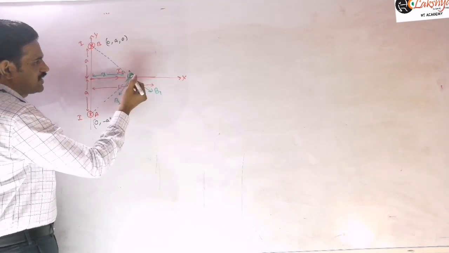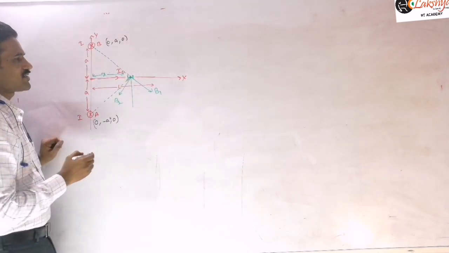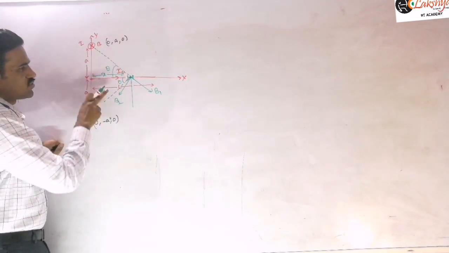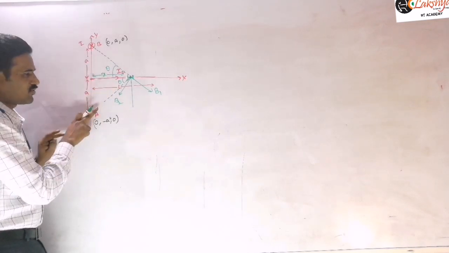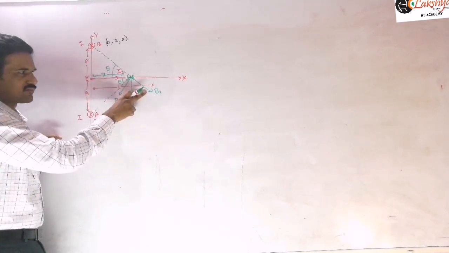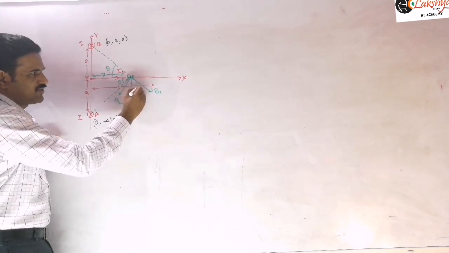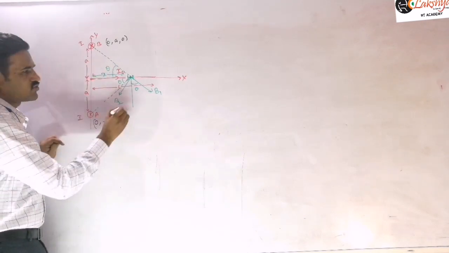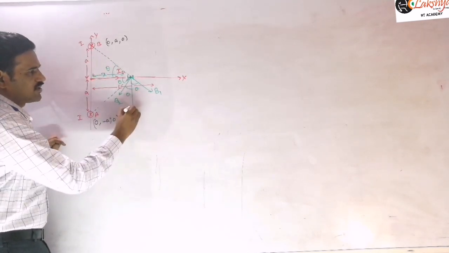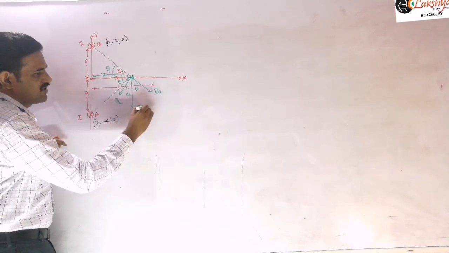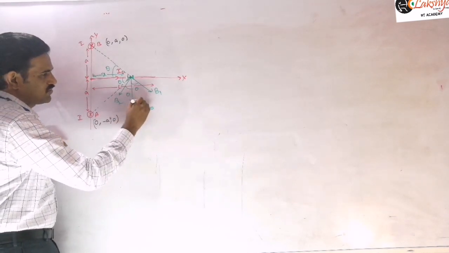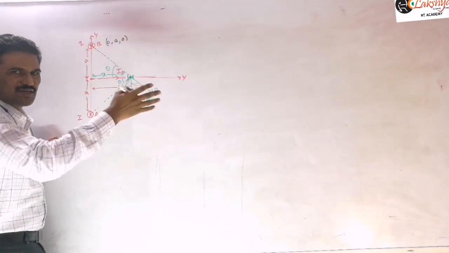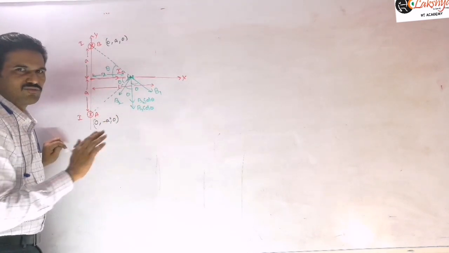Suppose I am taking this angle as theta. If it is making an angle theta with the horizontal, because this dotted line and B1 are perpendicular to each other, this will make an angle theta with the vertical. Similarly, this B2 and this dotted line will be perpendicular to each other, so this angle will also be theta. Now the net field will be B1 cos theta along this direction and B2 cos theta along this direction, and the sin theta components will cancel, because B1 and B2 are equal in magnitude.